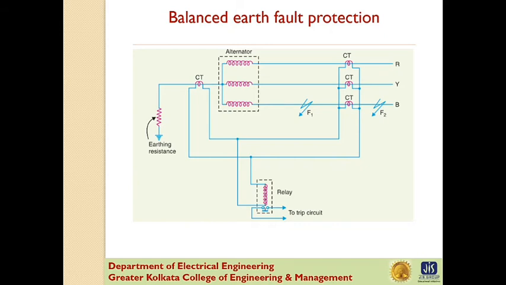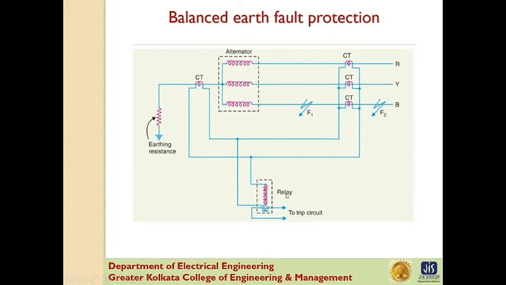Now under operating condition, the current flows in the alternator leads and hence the current flowing in the secondaries of the line current transformer add to 0 and no current flows through the relay. Also under this condition, the current in the neutral wire is 0 and the secondary of neutral current transformer supplies no current to relay. Now if an arc fault develops at F2 external to the protected zone, the sum of the current at terminals of an alternator is exactly equal to the current in the neutral connection and hence no current flows through the relay.